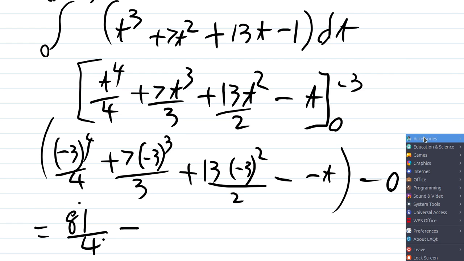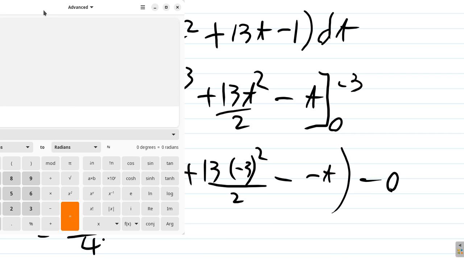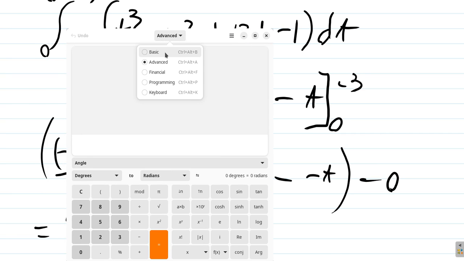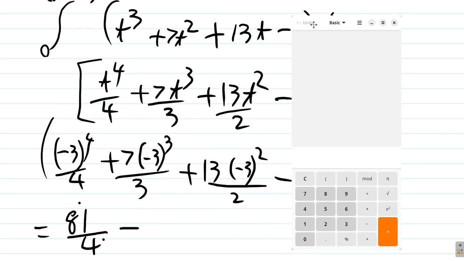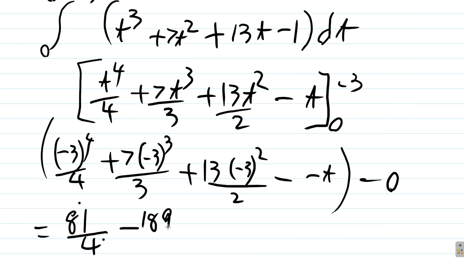Let's get a calculator here. So what we have here, 3 3s 9, 9 3s 27. 27 by 7 is 189 over 3 plus,